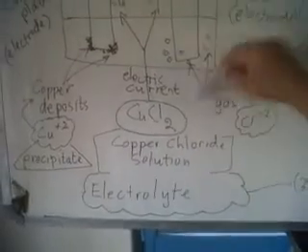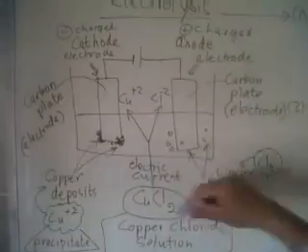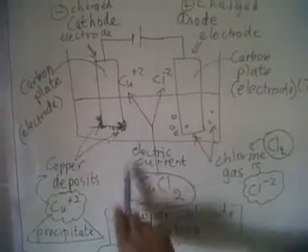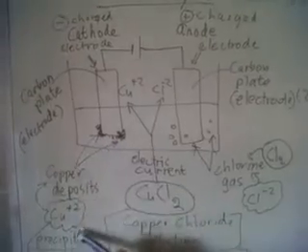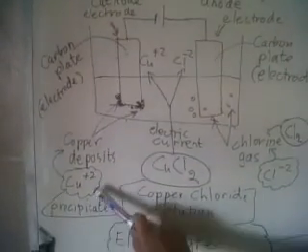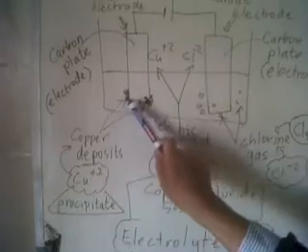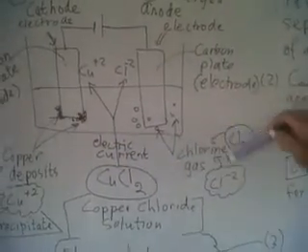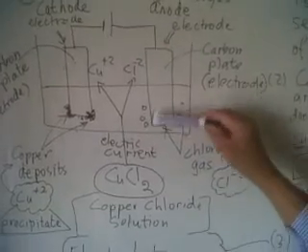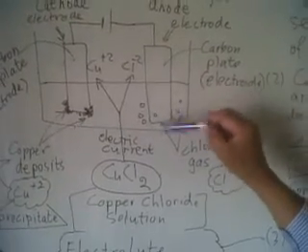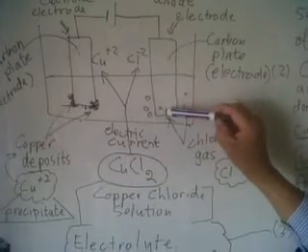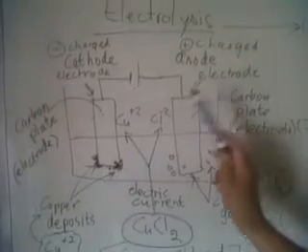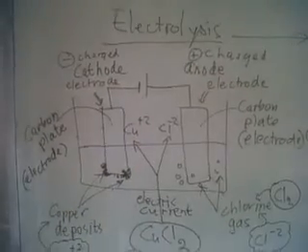Now, as this reaction happens, all the copper from that solution will pull to that plate, and you'll have a copper deposit or precipitate of copper ions stuck onto that electroplate. And the bubbles will be the chlorine gas that is attracted to this particular plate, which is the positive plate. Now the positive plate is called the anode, and the negative plate is called the cathode.